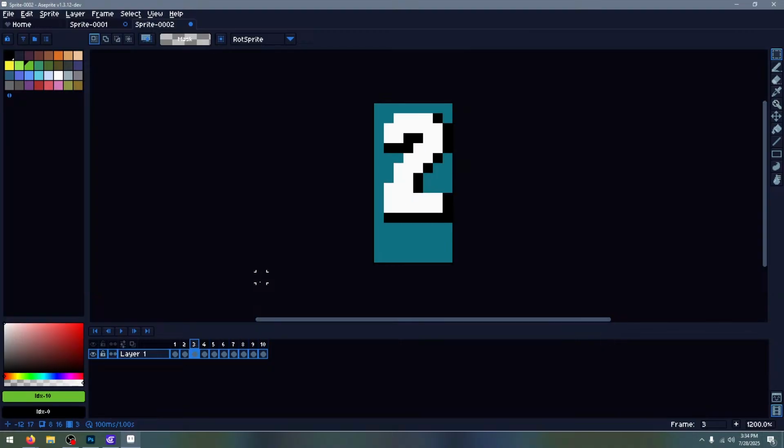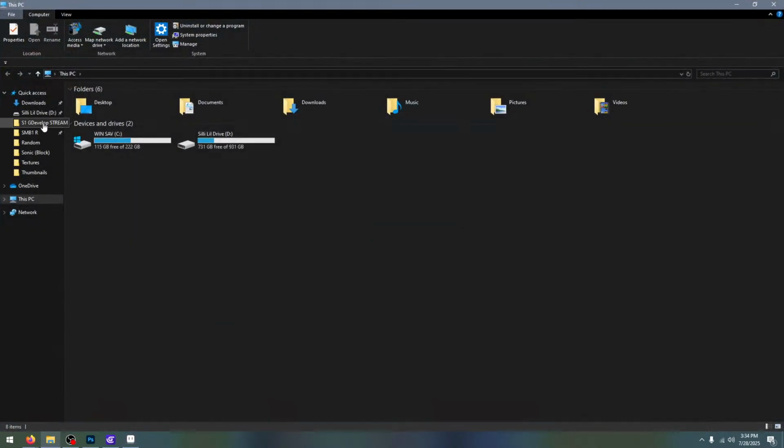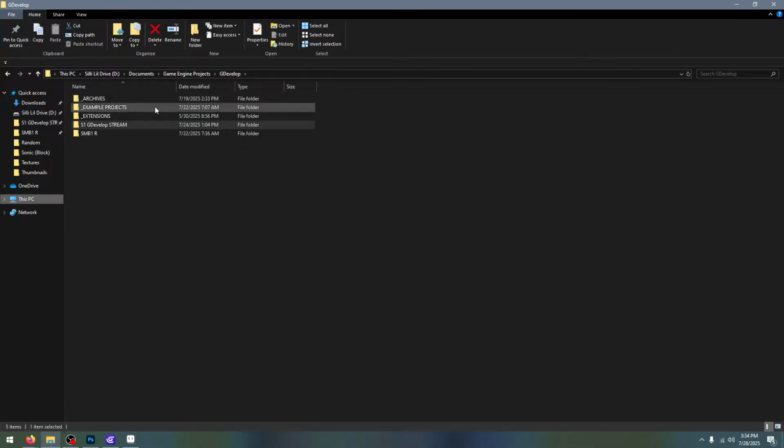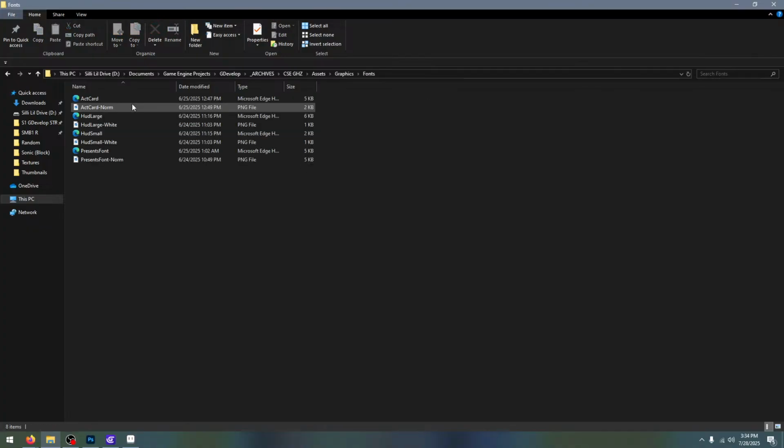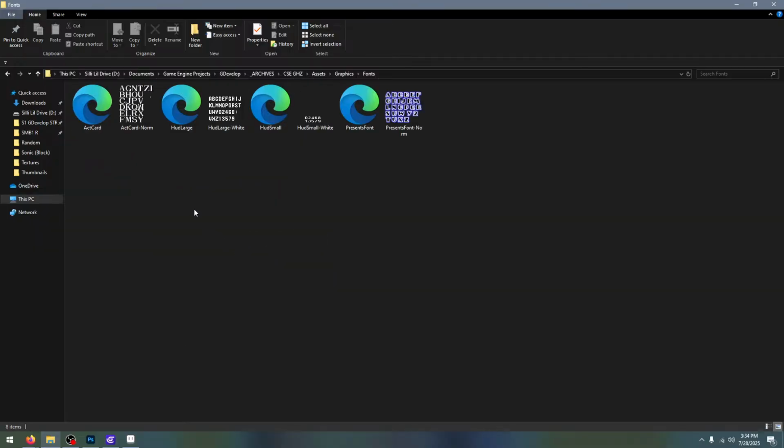You know what? I could be smarter with this. I could go into my files, go to my GDevelop stuff, and I go to what I think is archives, and see if I have the font here. Okay. So I do have the font characters. So I'm gonna be really smart about this. Instead of redoing it, which creating a font is really time consuming, I'm gonna grab these. But I